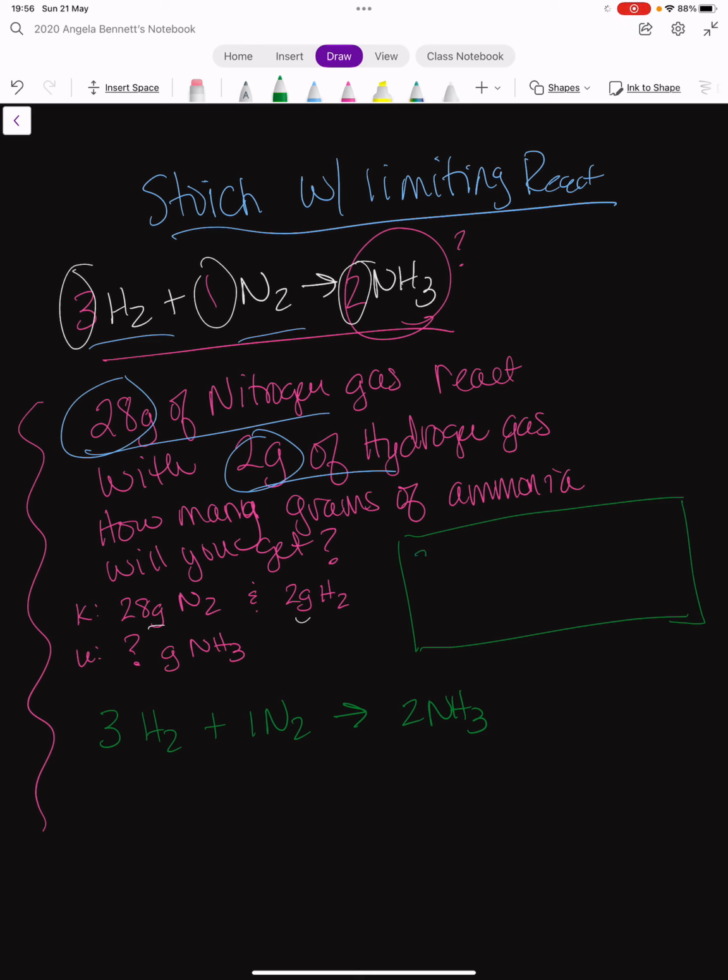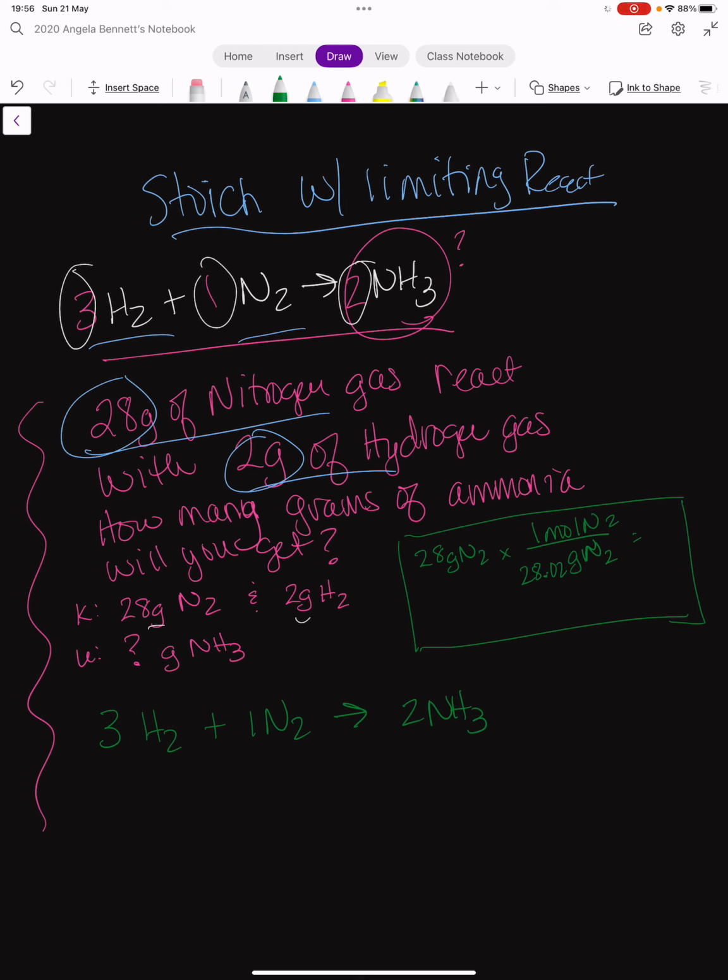If I have 28 grams of nitrogen, and I want to know how many moles of nitrogen that is, grams of nitrogen has to go in the denominator. 1 mole on top because I'm going to use my molar mass. One nitrogen is 14.01, so 2 nitrogens are going to be 28.02. So that is going to equal